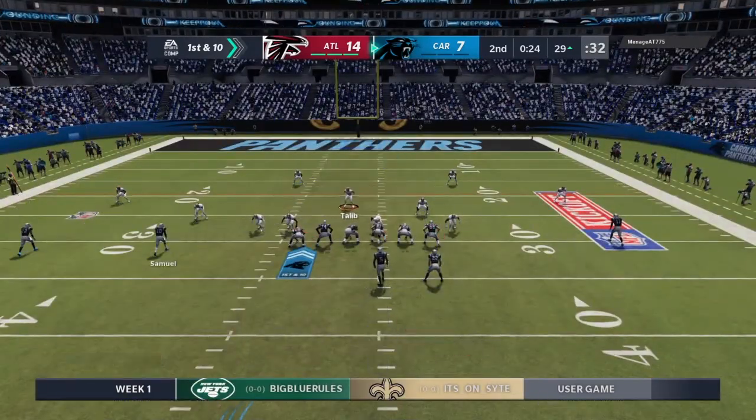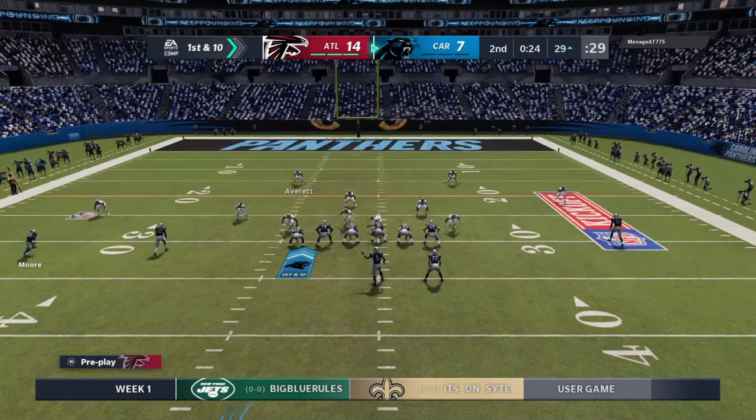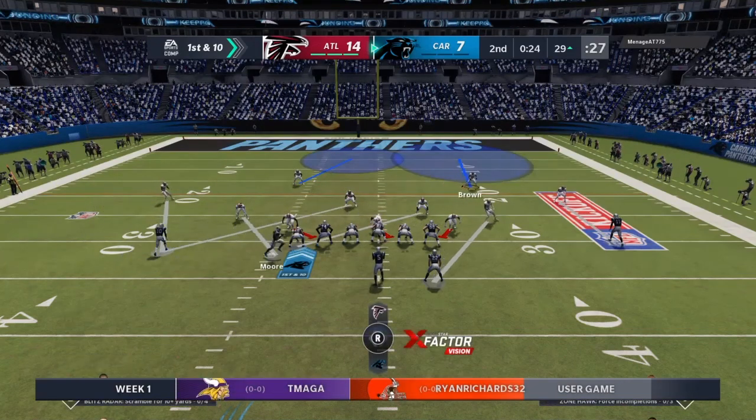Drop deep. Hey, we got Mike 10 right here, guys. Mike 10. Strip the ball. Strip that